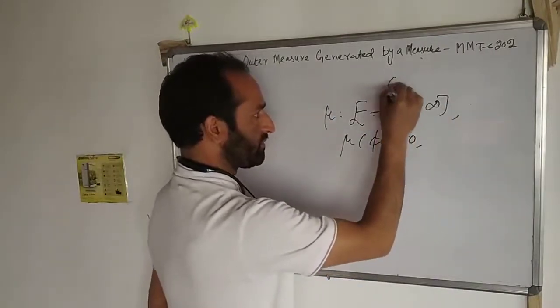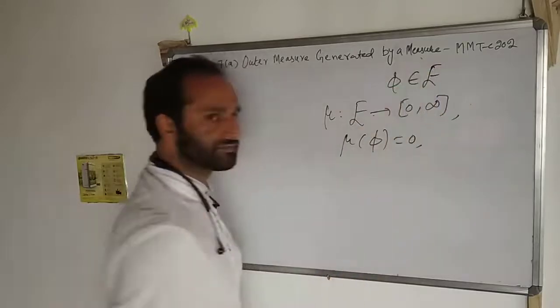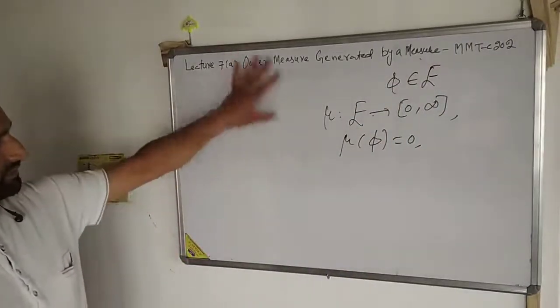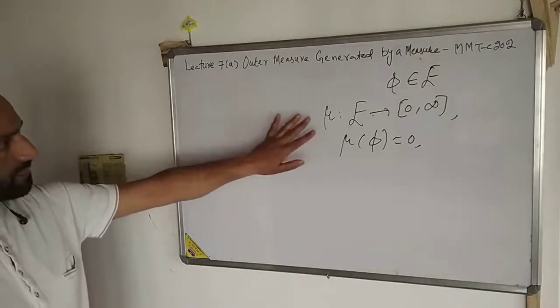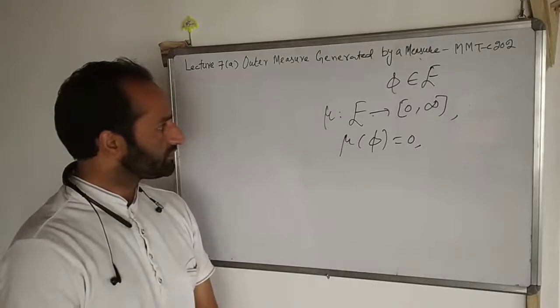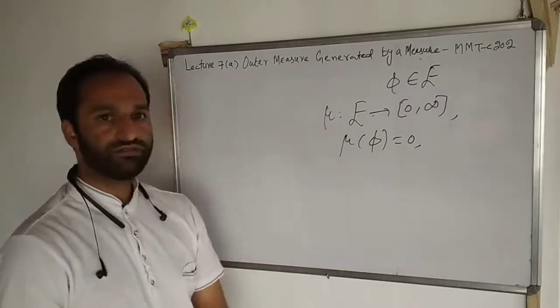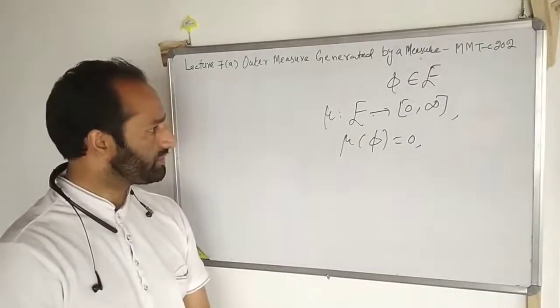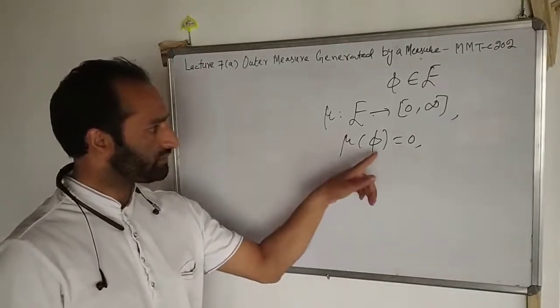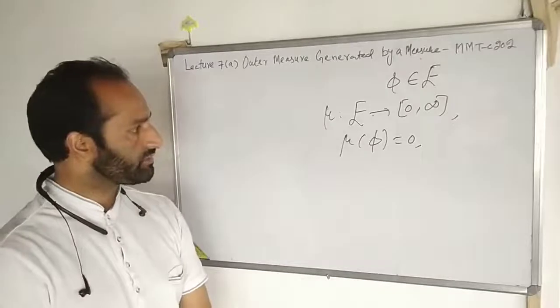This phi is a member of F. So in the previous lecture we have seen the outer measure generated by this function mu, which is a set function from F to [0, infinity] with the property that mu of the empty set is equal to 0,